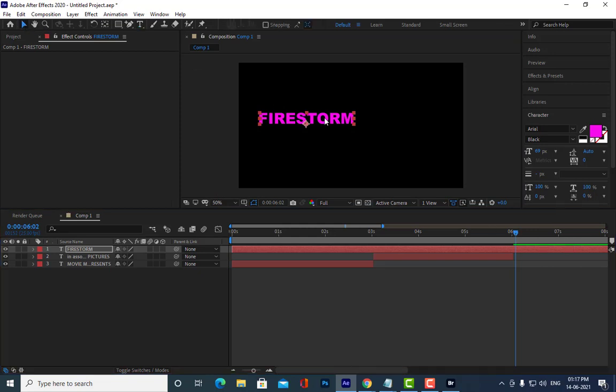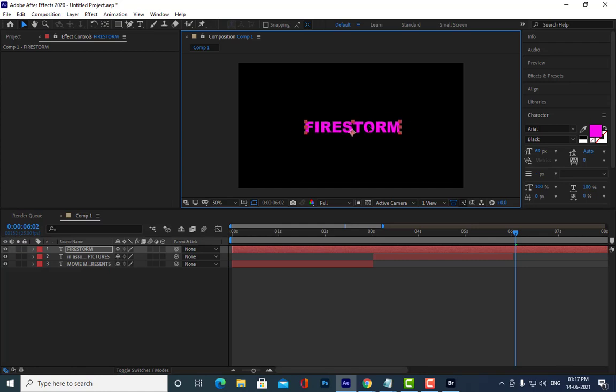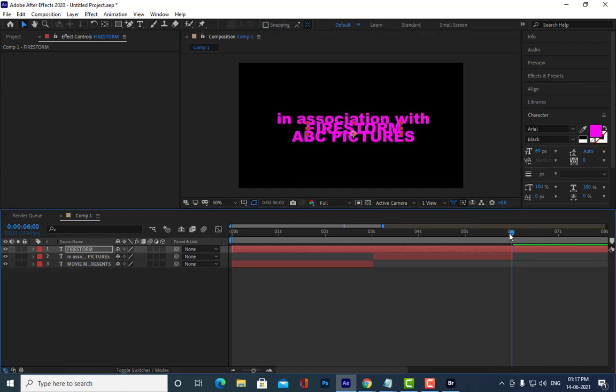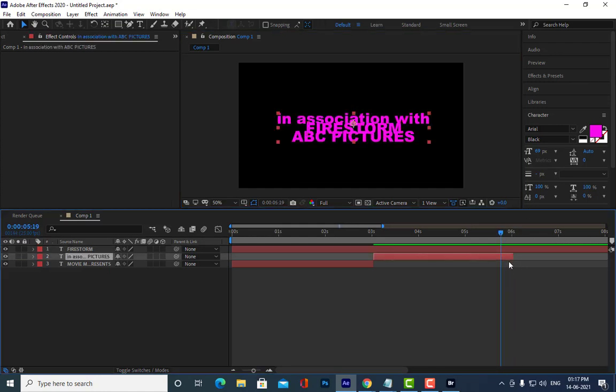Let me adjust it and keep it at the middle. And again, if you want to go to the end point of this layer, what do you have to do? Anybody can tell? End point of the layer. Remember the shortcut? Nobody can tell?